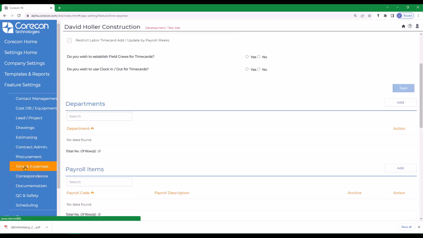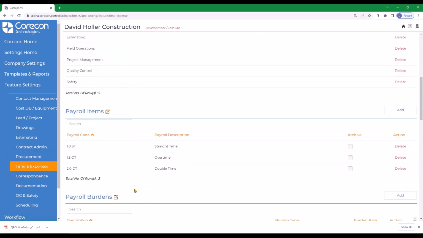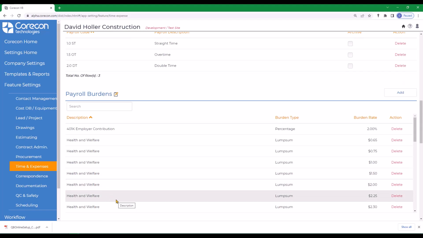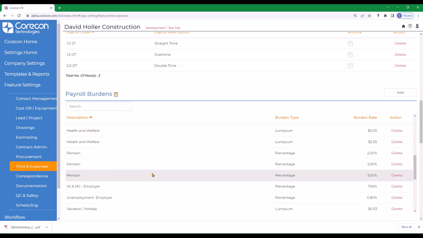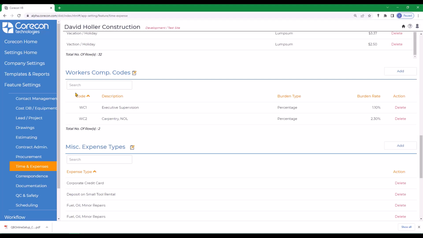Next, we'll go to time and expenses and down to payroll items. Payroll items should be set up, and each employee should have pay rates, cost, burden, and so on associated with these, if you plan on importing the hours from labor time cards into QuickBooks Online. Although it doesn't affect the import into QuickBooks Online, it's also a good idea to go ahead and set up your payroll burdens. If you scroll down a little bit farther, there's also workers' comp, and you can assign costs